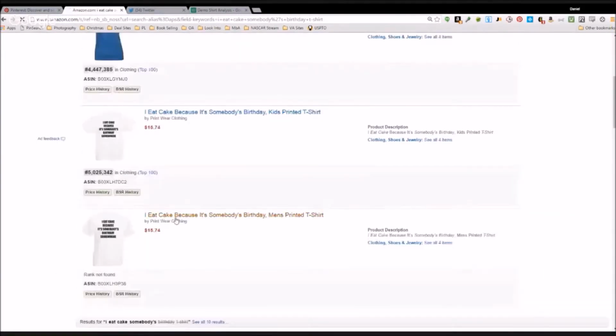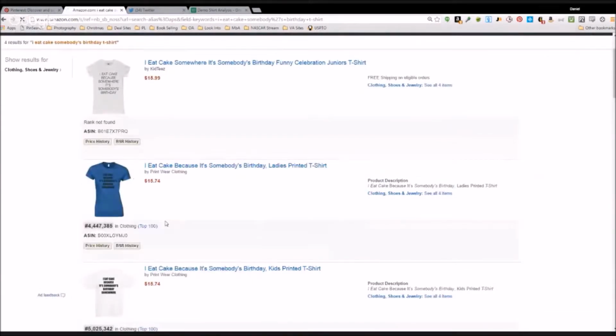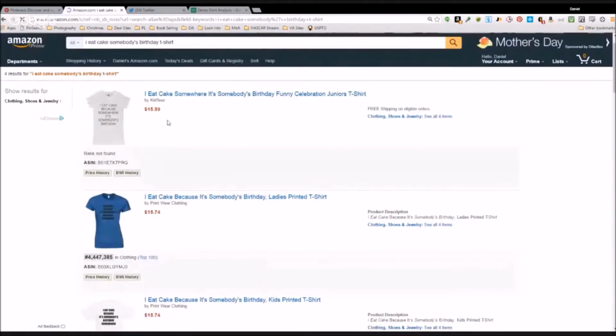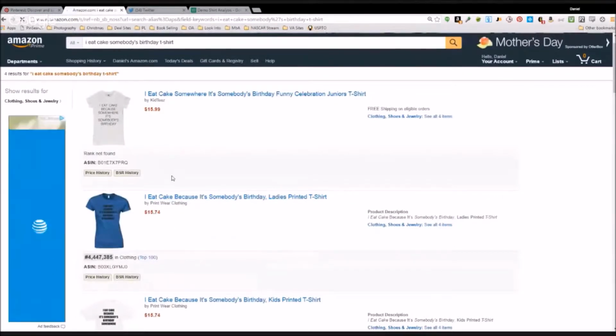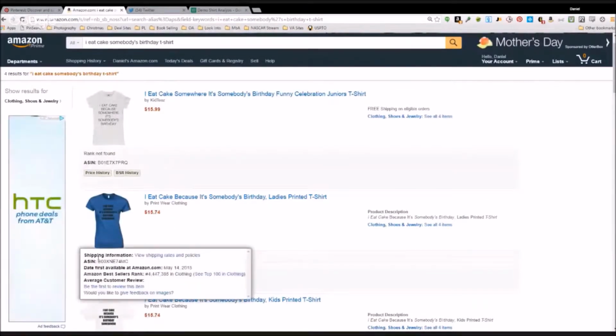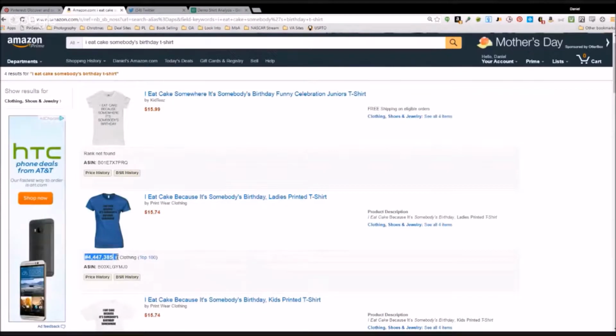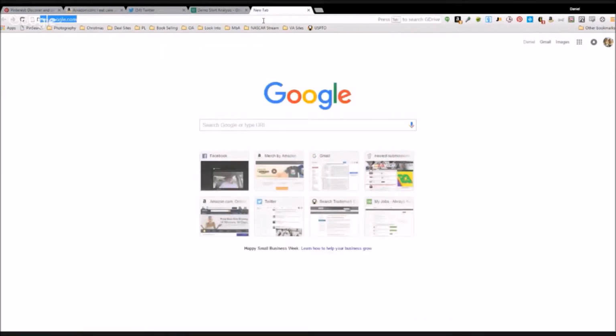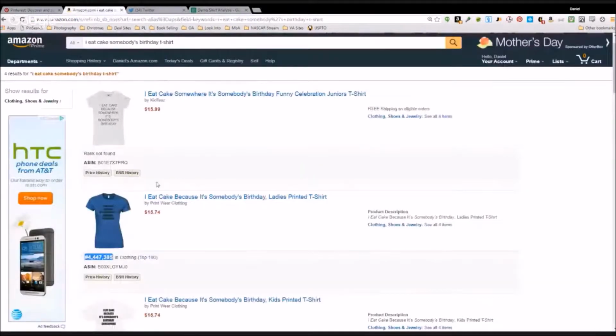So you have 4 shirts here, and 3 of them are the same design, so you have basically two different shirts here. And you'll see this one has a rank of 4.4 million. This shows up because I use the Chrome extension DS Amazon Quick View, which will show the rank there. So you'll see that this shirt